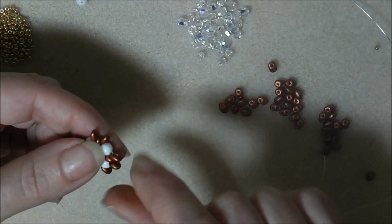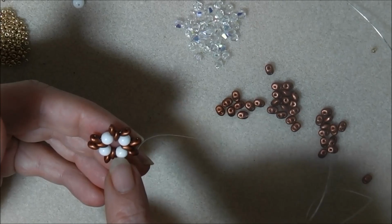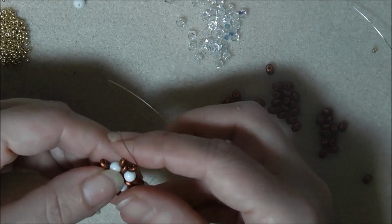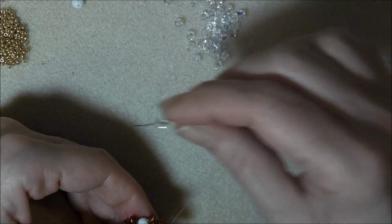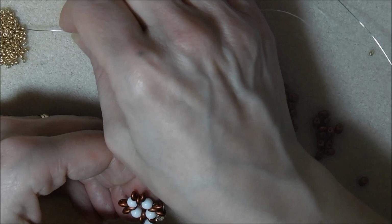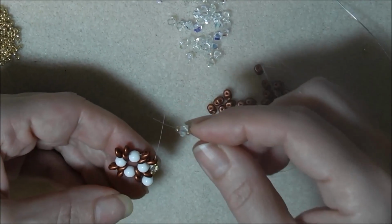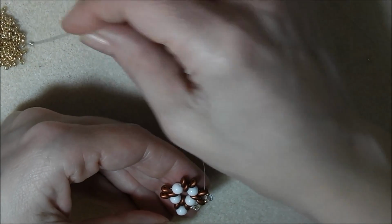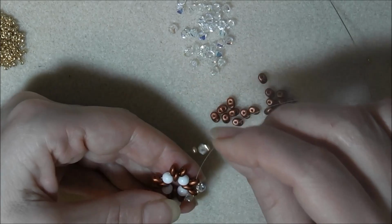and again now I'm going in the opposite direction, so I'm going to turn over again, and in this one, in between the three Superduos, I'm going to put in a Rounduo. Pick up an 11/0 seed bead, 4mm bicone, 11/0 seed bead, and go into the next Superduo, an 11/0 seed bead, 4mm bicone, and an 11/0 seed bead, and into the next Superduo, pick up an 11/0 seed bead, 4mm bicone, and an 11/0 seed bead, and into